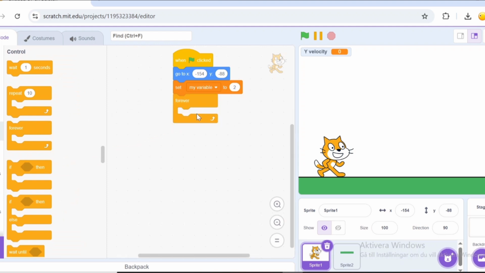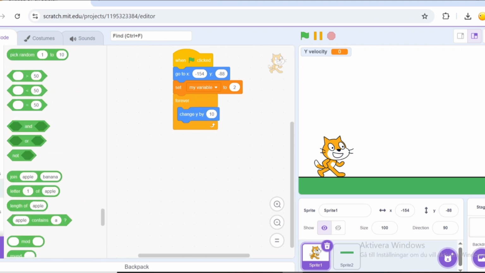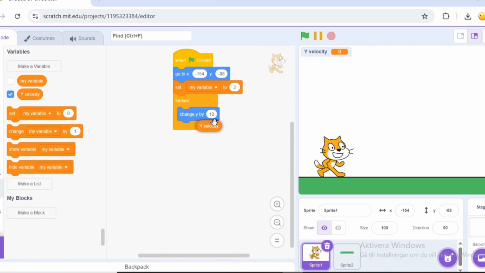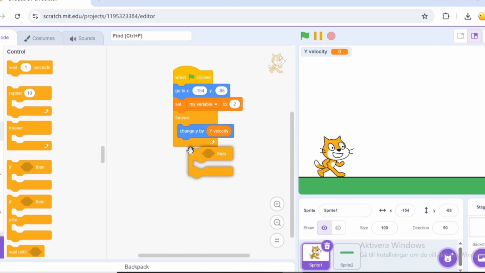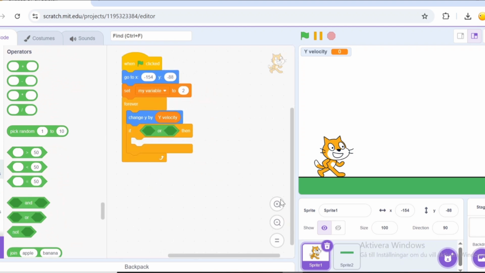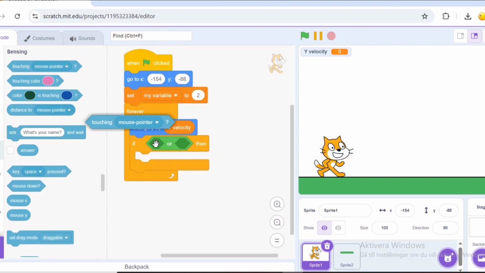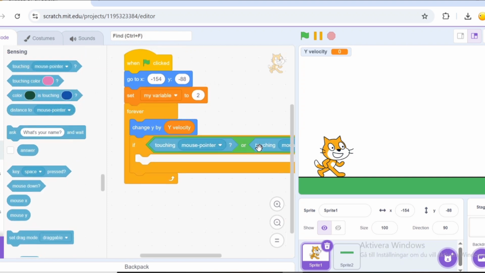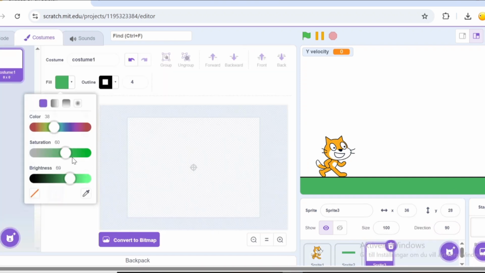Now let's take a forever loop. And we want to take a change Y by, and we change Y by Y velocity. Now let's take an if block, and then we go to operators and take an OR. Now we will take 2 touching, and then we want to make a new sprite